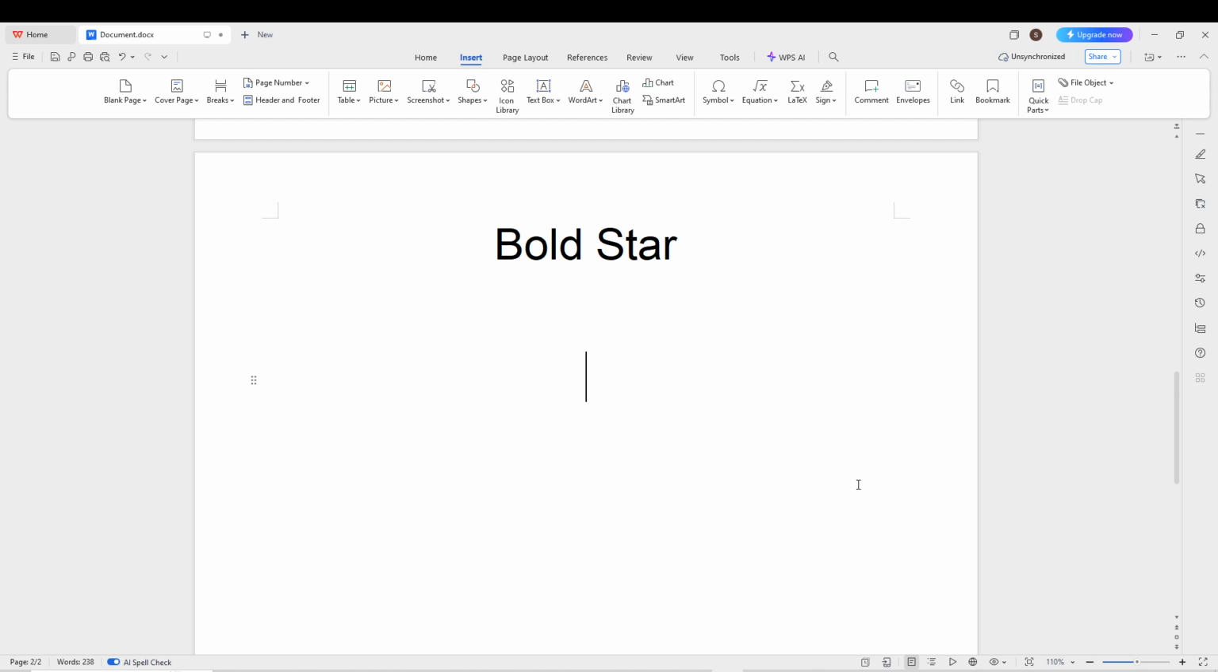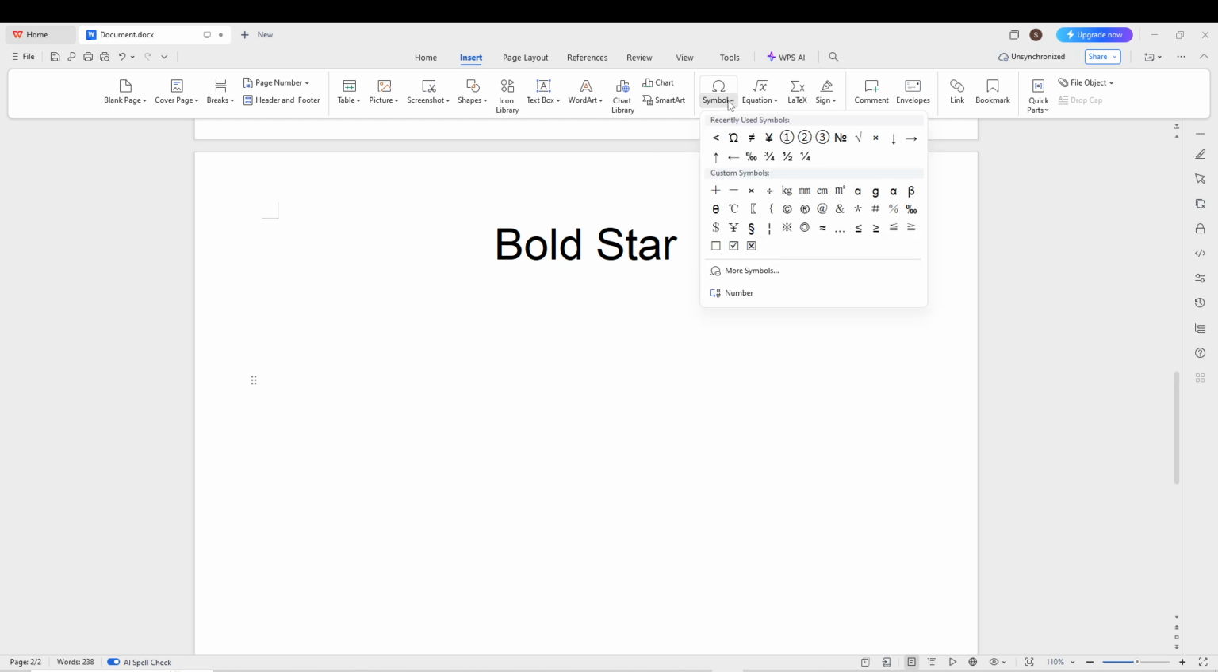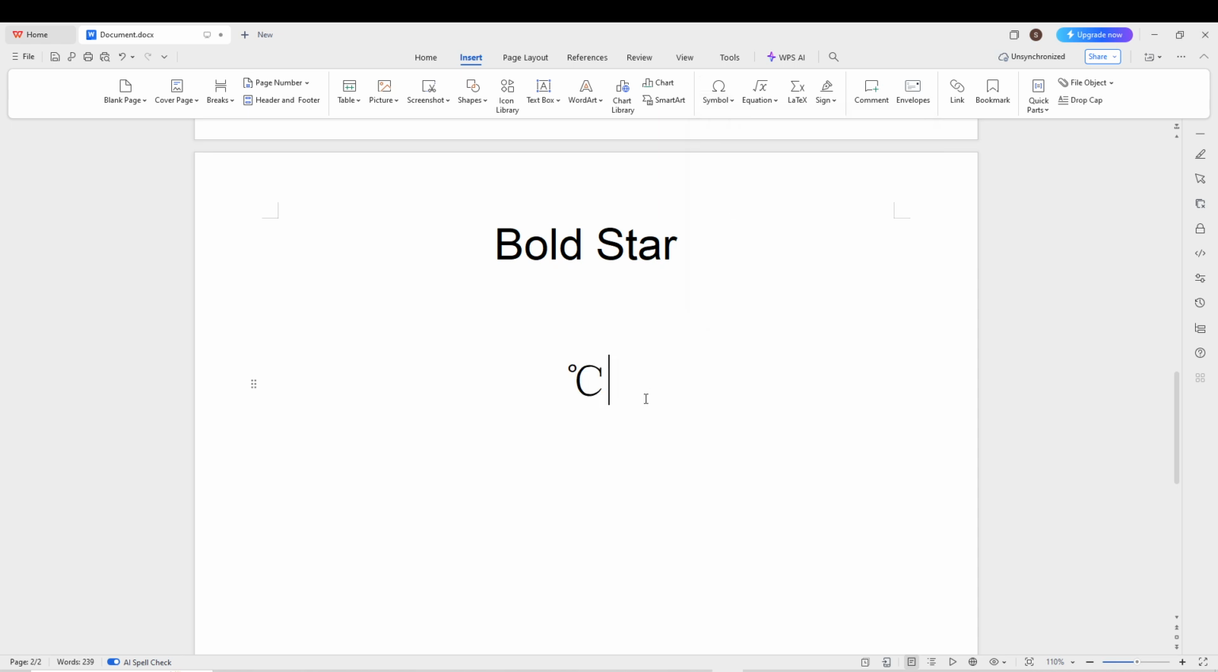To start, open your WPS Office document and go to the Insert tab at the top of the screen. There, click on the Symbols option. A drop-down menu will appear showing some recently or frequently used symbols, such as the $ sign, pound sign, or comparison symbols like greater than or equal to and less than or equal to. You can insert any of these directly by simply clicking on the symbol you want, and it will appear in your document. If the symbol you need isn't listed in the Quick options, click on More Symbols to access the